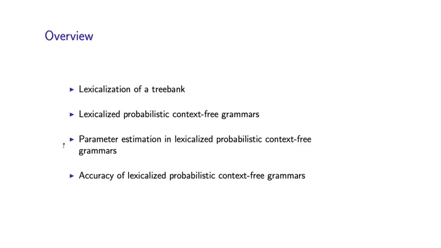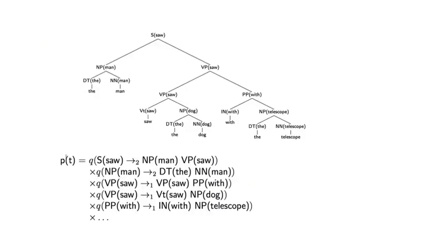So next, let's talk about how to estimate the parameters of a lexicalized PCFG. Firstly, I want to emphasize what we've ended up with and why this is going to be a much better parsing model of language than raw PCFGs. To do this, I've picked an example sentence and an example parse tree with a case of prepositional phrase ambiguity. So the sentence is, the man saw the dog with the telescope,